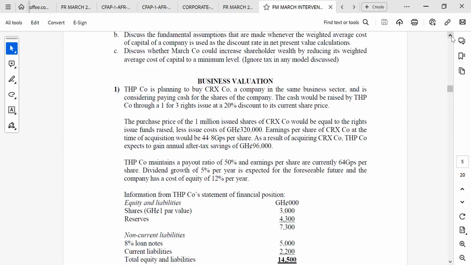All right. So they are saying that one company is planning to buy another company. And they are in the same business sector, and it's considering paying cash for the shares of the company. The cash will be raised by THP through a 1 for 3 rights issue at a 20% discount to the current share price. So if the current share price is 4 cedis, the rights issue price will be 20% less than the current price. The purchase price of the 1 million shares of